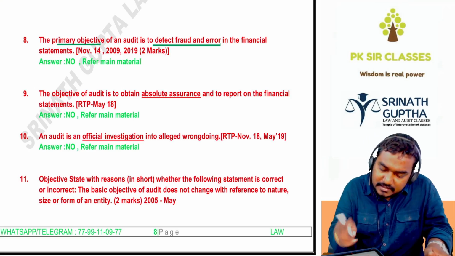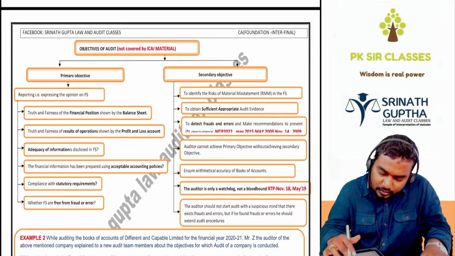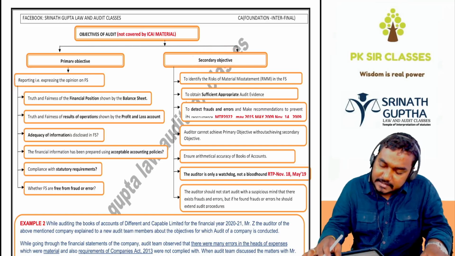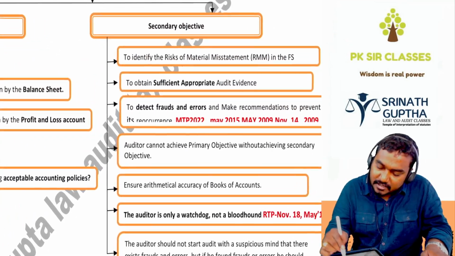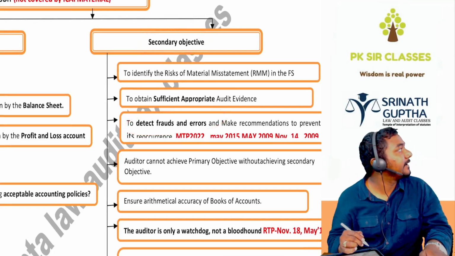है ना? So the answer is no. है ना बेटा? You can refer here. देखो बेटा. Primary objective and secondary objective. Primary objective is reporting. Secondary objective is identification of the frauds. ये देखो बेटा. Secondary objective is detection of the frauds and errors. Then